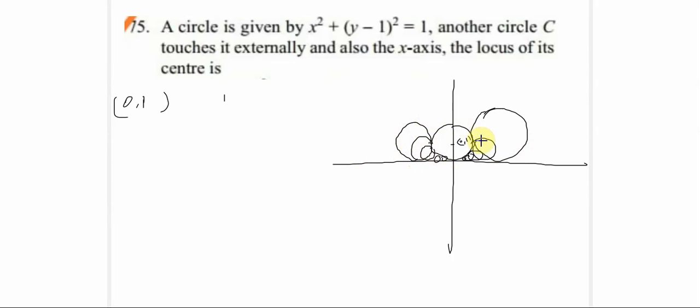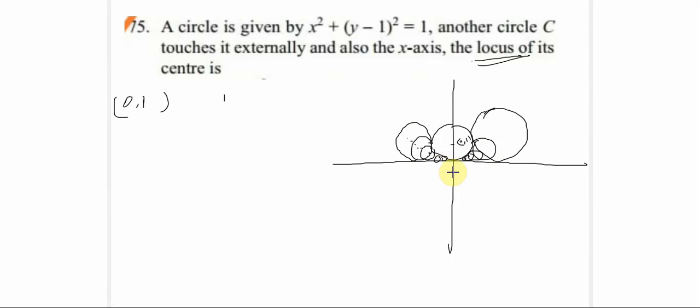So what we are supposed to do is take the center of each of these circles, and then find the curve that the center makes. That's what this term, locus, is for. So we have to find the relation that all the points which satisfy this condition follow.